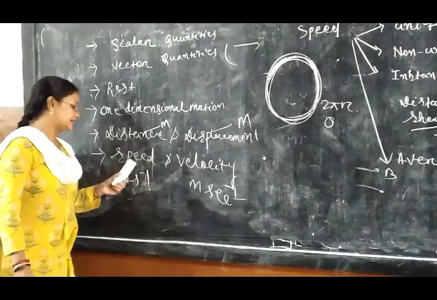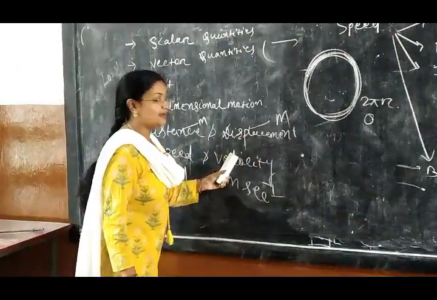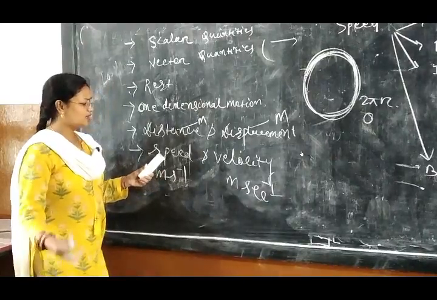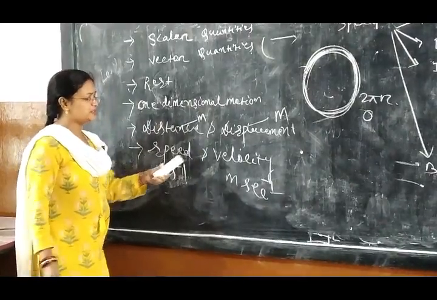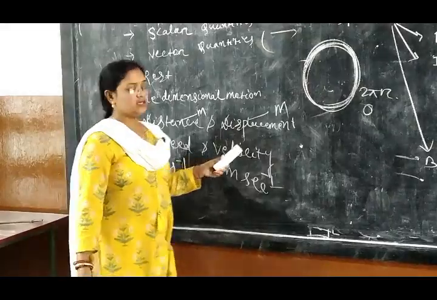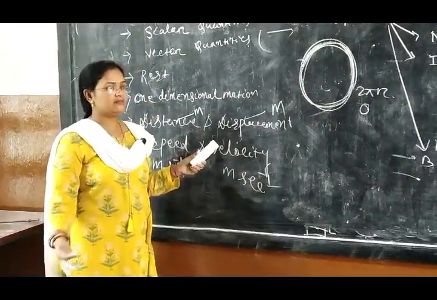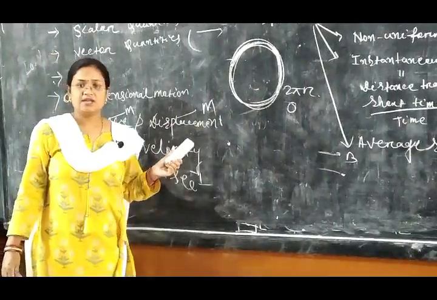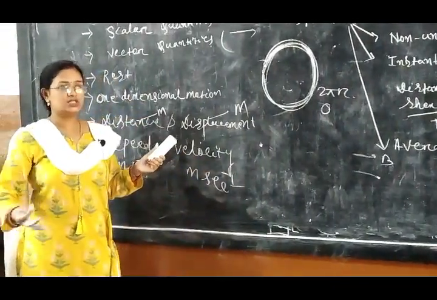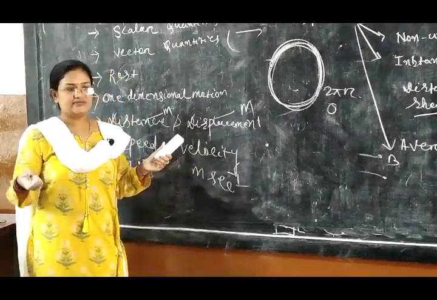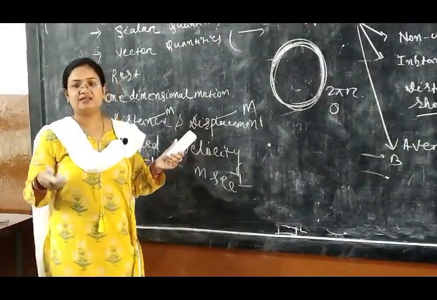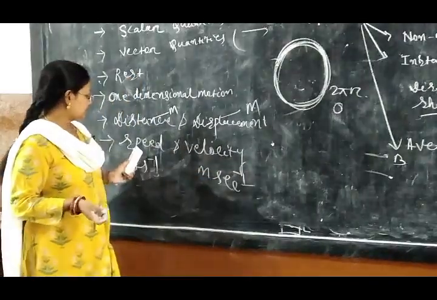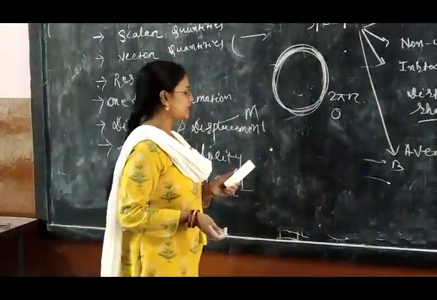Same difference is there. Speed is a scalar quantity, velocity is a vector quantity. Since distance cannot be 0, speed cannot be 0, but velocity may be 0. Velocity may be negative, may be positive, okay, because velocity is a vector quantity. If the direction changes in the sign from positive to negative sign, we can find out the direction. Okay, this is all about your speed and velocity.